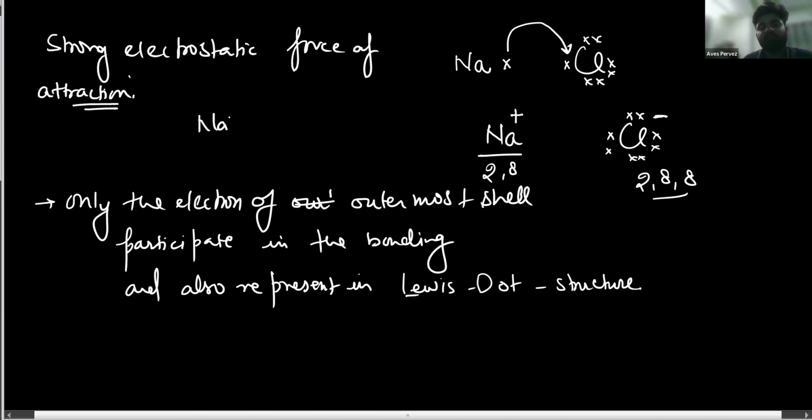That is holding this Na positive and Cl minus ion together and forms sodium chloride, NaCl. Got it? So if it is being asked to draw the Lewis dot structure of sodium chloride,